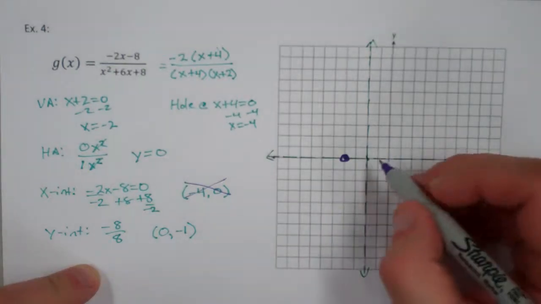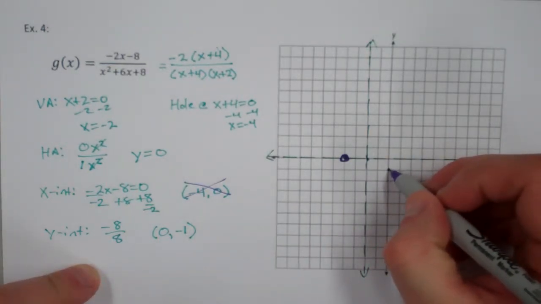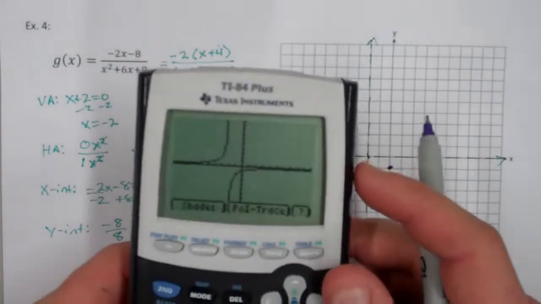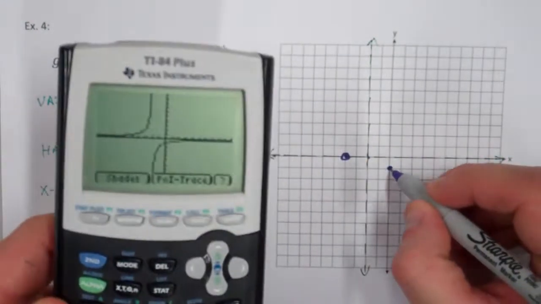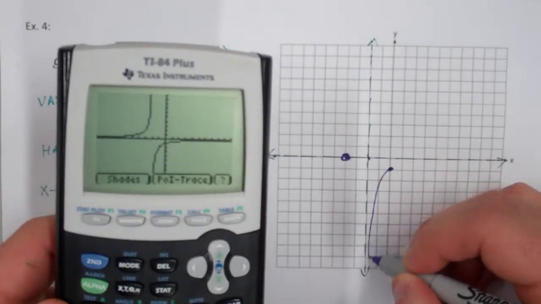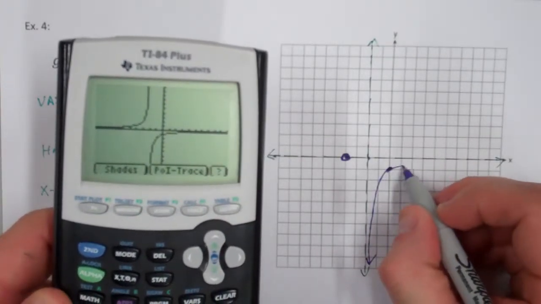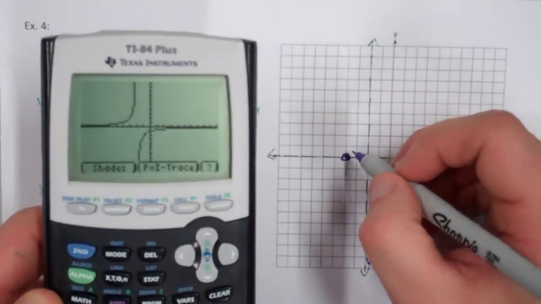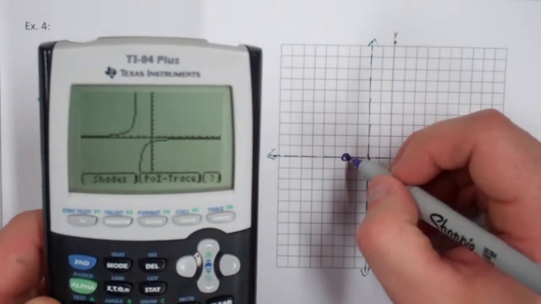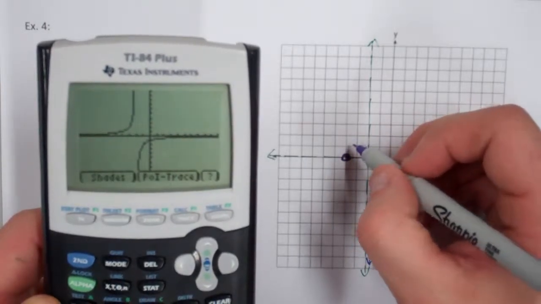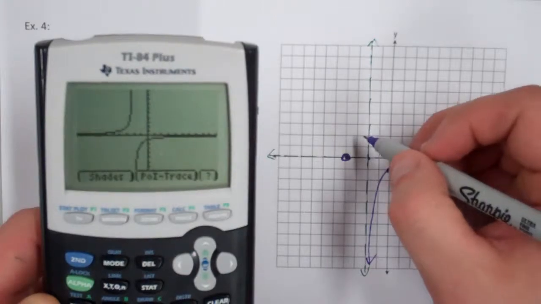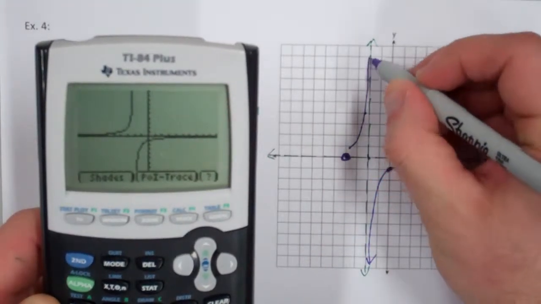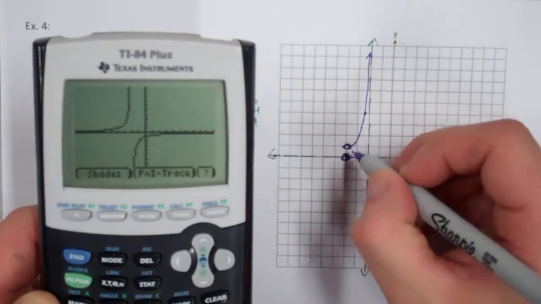The y-intercept is at 0, negative 1. And so that's going to be down here. So if we take a look at the graph of this thing, it's going to be curved. It's going to follow these lines, so we can draw a nice shape here. Alright, there's this shape. And then this one's going to do the same thing, but it's going to actually, looks like it's going to curve up like this and just go open through here, this point,